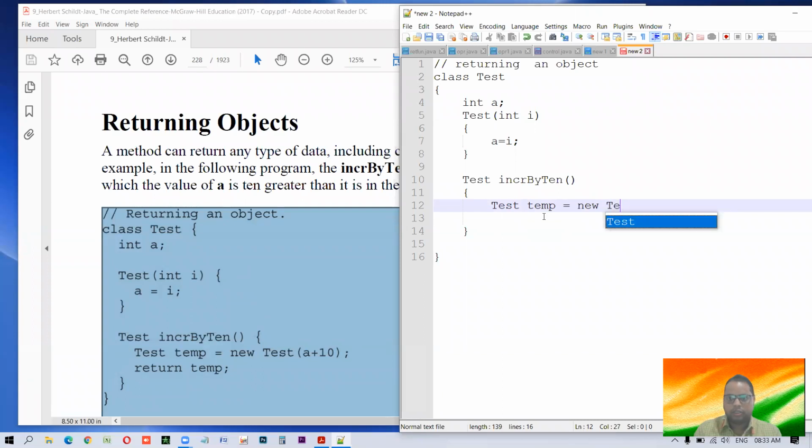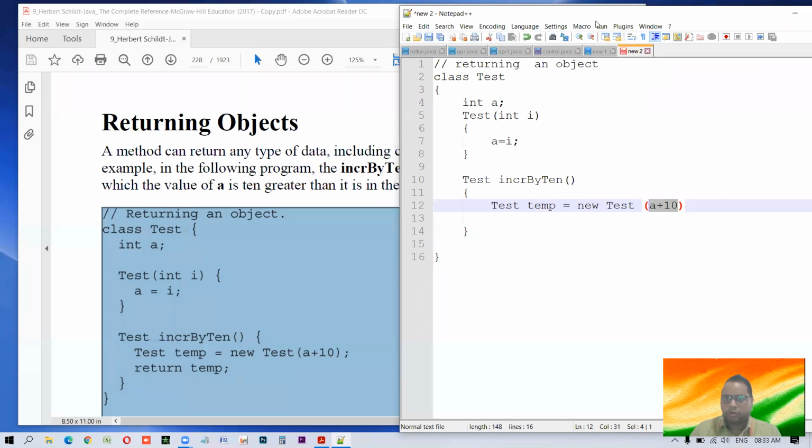Now we are using the new keyword to assign space to it, and we are providing 10 as the parameter to this constructor.